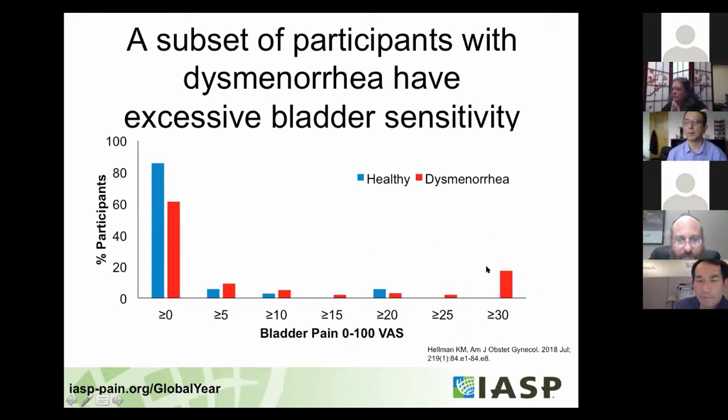the graph in red, who are in that dysmenorrhea category, will exhibit some sort of significant bladder pain with this simple testing, and it suggests that looking at them would likely at least yield a trove of individuals that might be able to be more carefully phenotyped to see if they're at future risk for developing pain issues. In contrast, if you look at the blue and the healthy controls, there's hopefully a relatively good specificity here. There will be some inevitably in the healthy group that for some reason have bladder issues that may also be important. But it just goes to show that as a first winnowing mark, dysmenorrhea could be an excellent place to